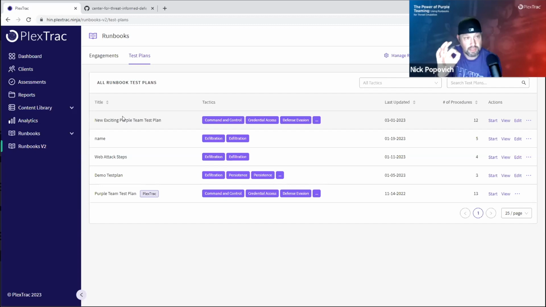Also, real quick side note, just to talk about how some of our constituents are really innovating. A lot of folks have started to take the Runbooks and use them as a means to collect an order of events, a set of procedures that they want to be able to execute, maybe even a single team event, where they just want to take someone and say, follow these procedures. Maybe there's not another team involved. So that's just something to keep in mind. A lot of folks, if you just have a need for being able to document the outcome of a set of procedures, even if it's one person, that's been a huge